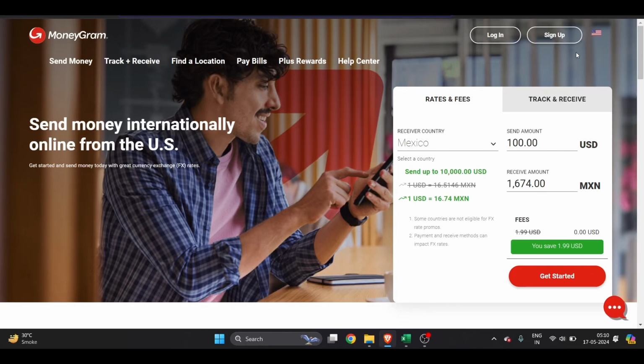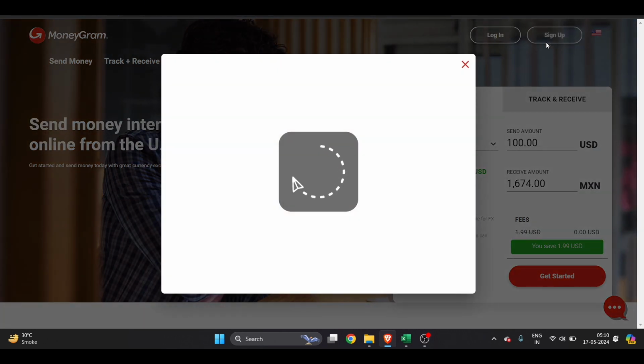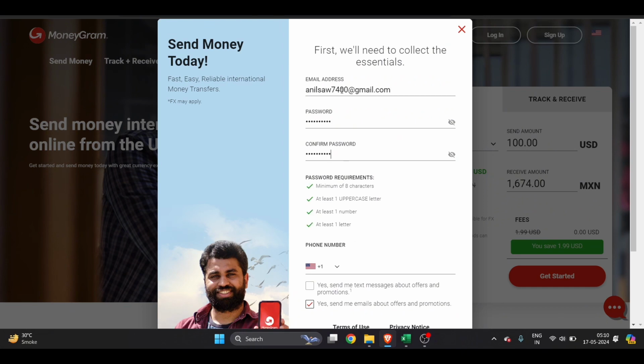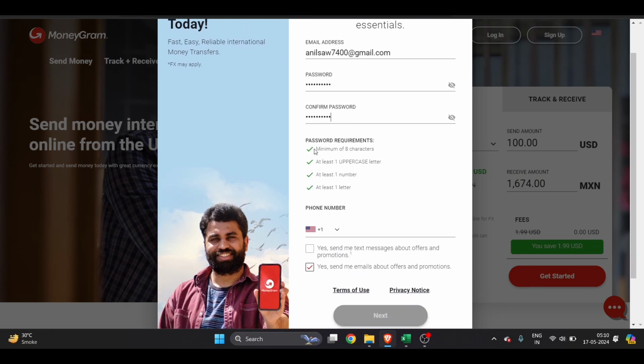So today what we're going to go over is how to set up a MoneyGram account online. So what you're going to want to do is first head over to the MoneyGram website and click the sign up. And then it's pretty standard, just enter your phone number, your email, and your password that you're creating your account with. So I'll just skip right here, and now that we've got all the information added in,